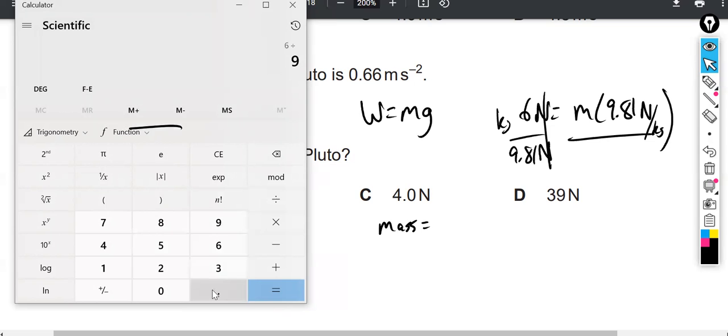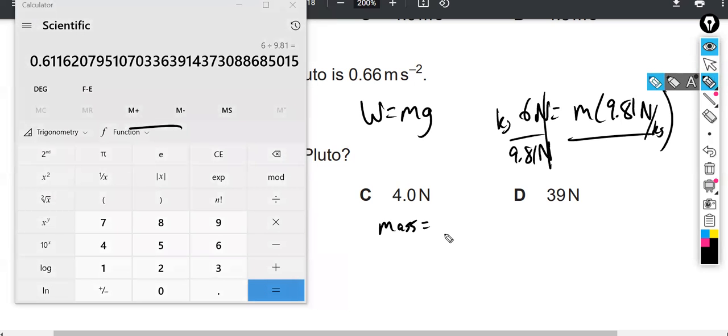So 6 divided by 9.81 allows us to deduce the mass, which is the same everywhere in the universe for this object: 0.6116 kilograms, whether it's on Earth or Pluto or Jupiter or anywhere else. It has that many kilograms of mass, that amount of matter. We can plug this back into the weight equation to solve for the weight,